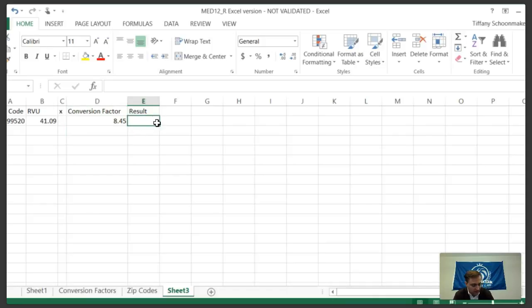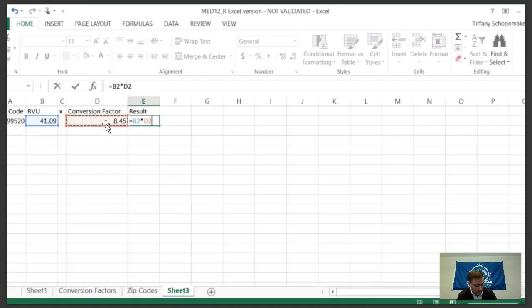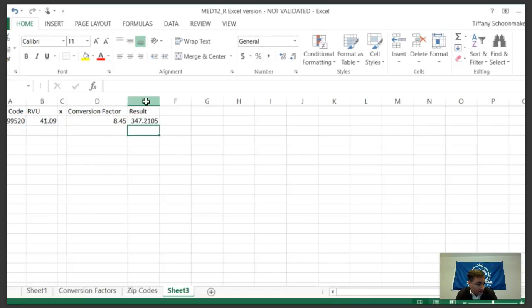And that's basically it. So we multiply our RVU, which is a measure of the intensity of the procedure, by a conversion factor, which we figure out based on your geographical region and the specialty of the CPT code. And that's it. It's just basic arithmetic. So we see that the complete rate for this code is,